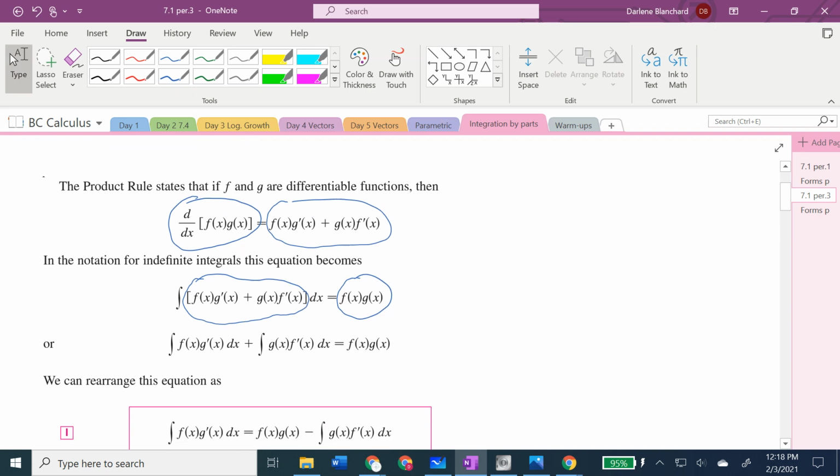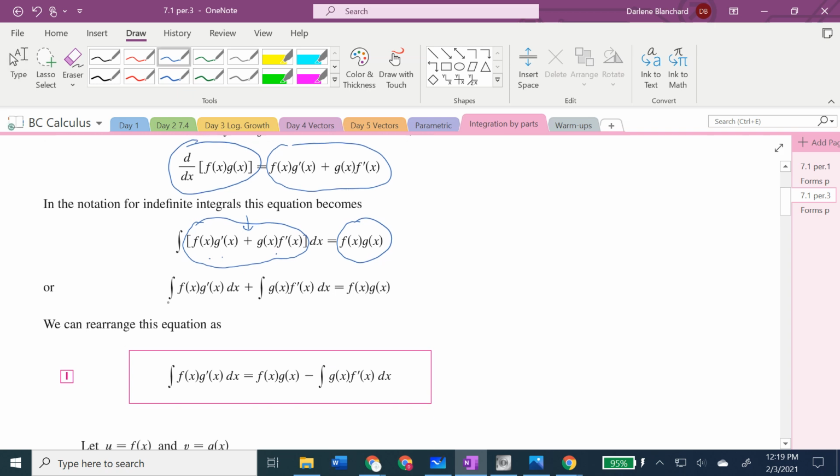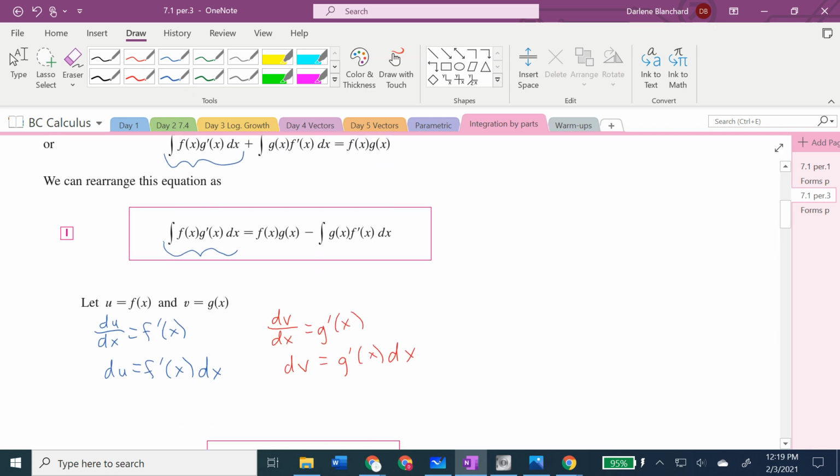From there, if I isolate one of these 2 over the addition, so I'm isolating this one, we get a formula. Now that formula looks a little bit annoying to read, so what we do is we shortcut the formula